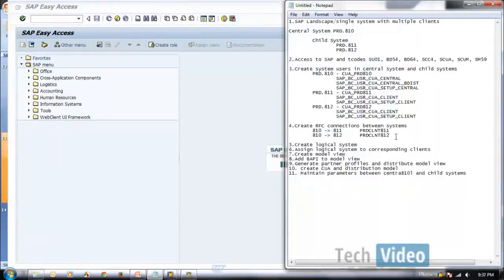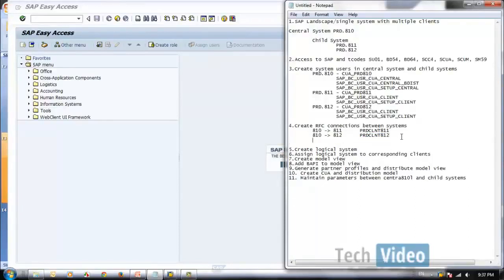So we need to have one more RFC. What it will do is 811 and 812 coming back to 810.